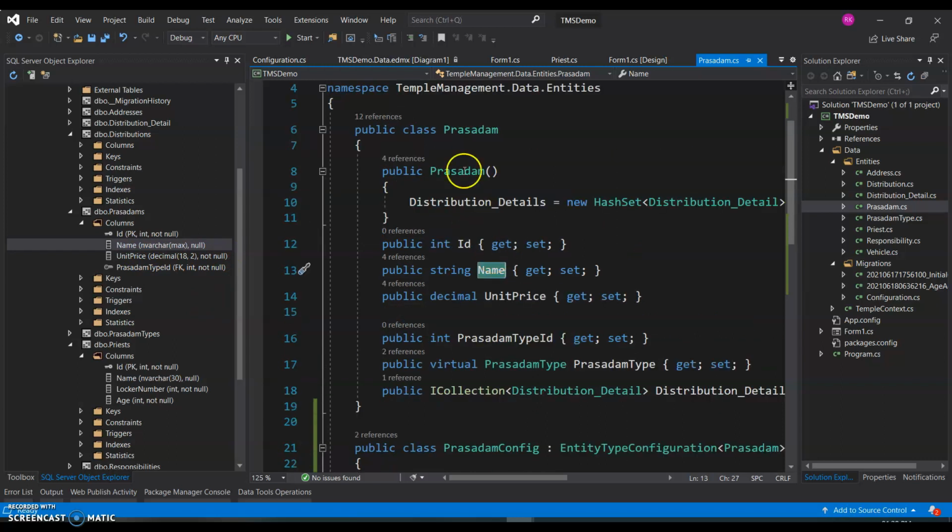You can try to do that: prasadam.name is equal to null. You could do that, but you wouldn't want to do that in the business sense. And there are ways to restrict it also. Now coming back to